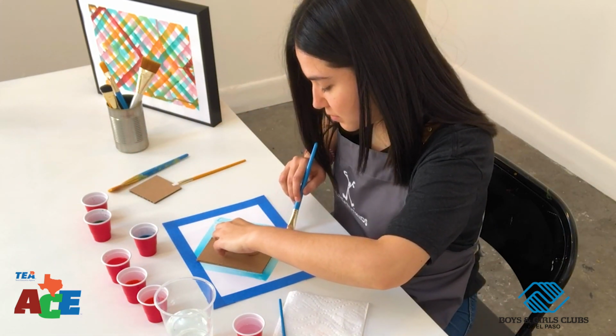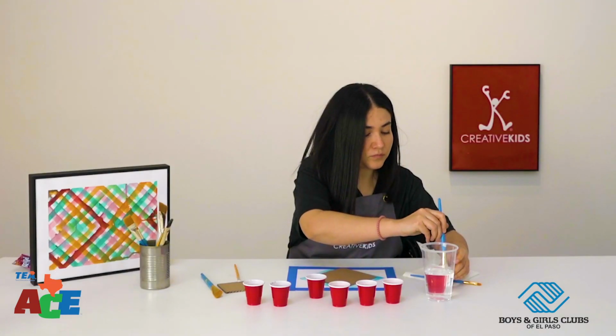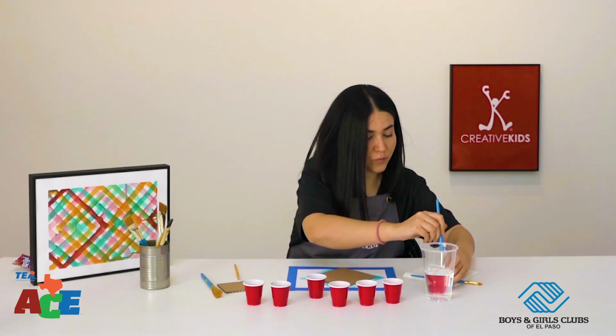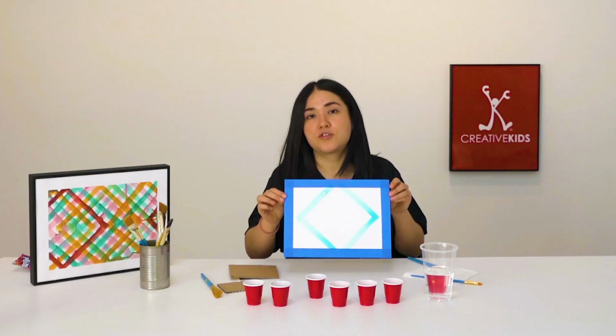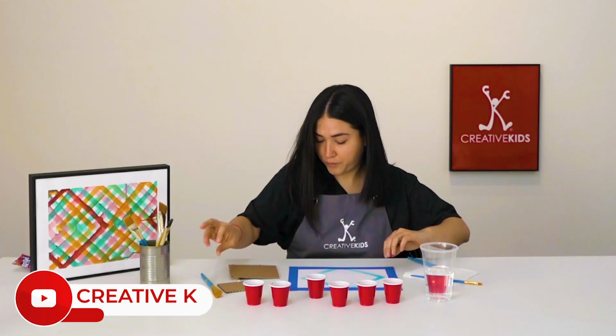Like this. Now I'm gonna clean my brush and dry it well on my piece of paper towel. So this is how it's going to look, the first part of your painting. Okay, now